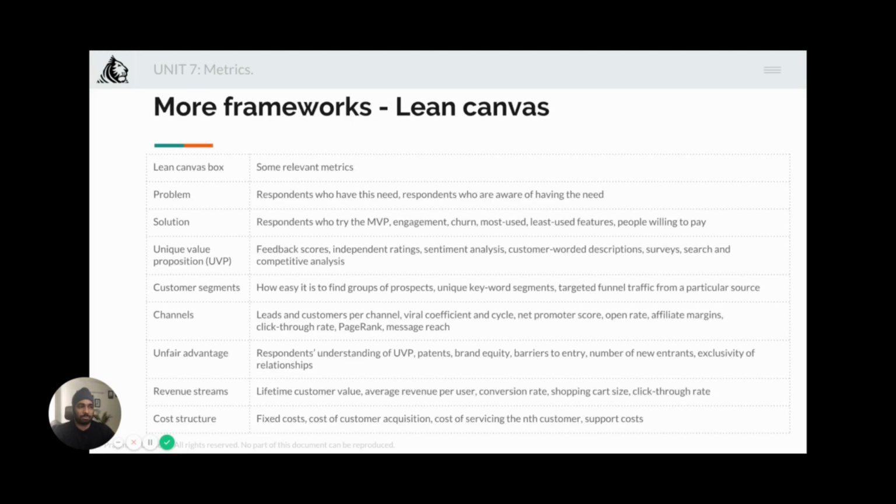So within the lean canvas, you guys have gone through the lean canvas when we were trying to identify your product, when we were trying to identify what you wanted to build for your product work. So here I'm covering the nine segments that matter when it comes to metrics, right? How do you identify how well you are doing using a lean canvas?